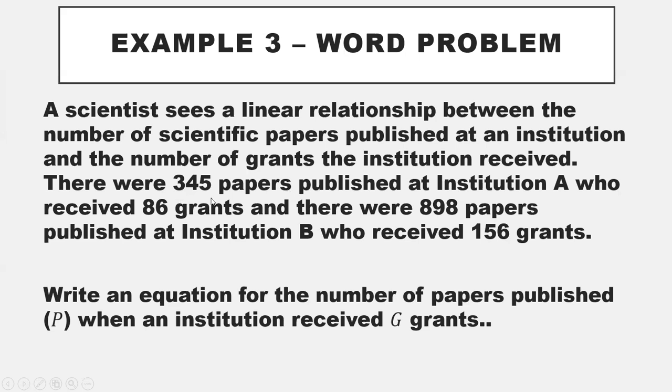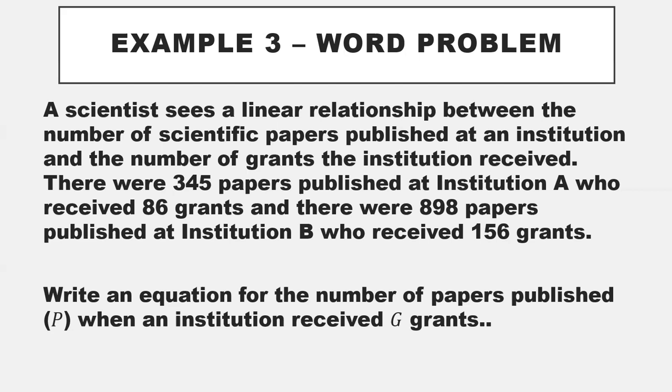All right, so there were 354 papers published in Institution A, which received 86 grants. 86 grants is money from the government, basically. So if we were writing an ordered pair, and grants is like our X, and papers is like our Y, that would be the ordered pair 86, comma, 345 for institution A. For institution B,